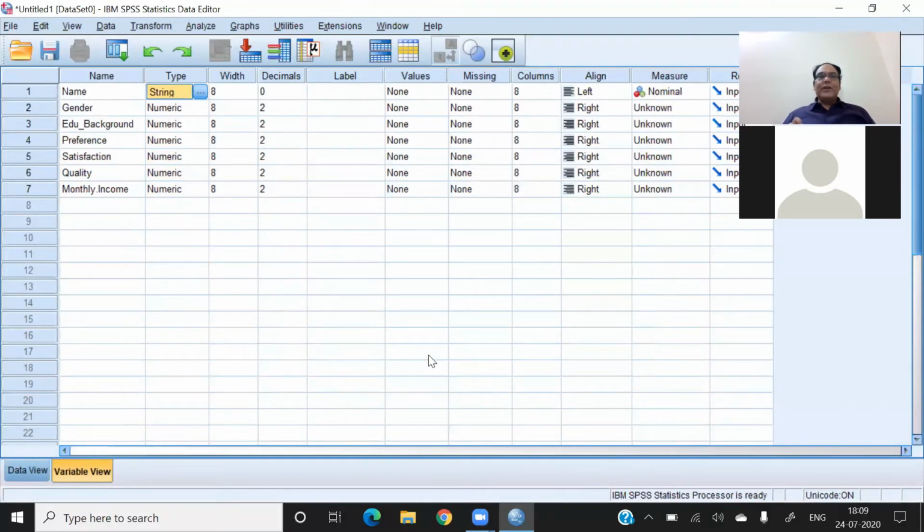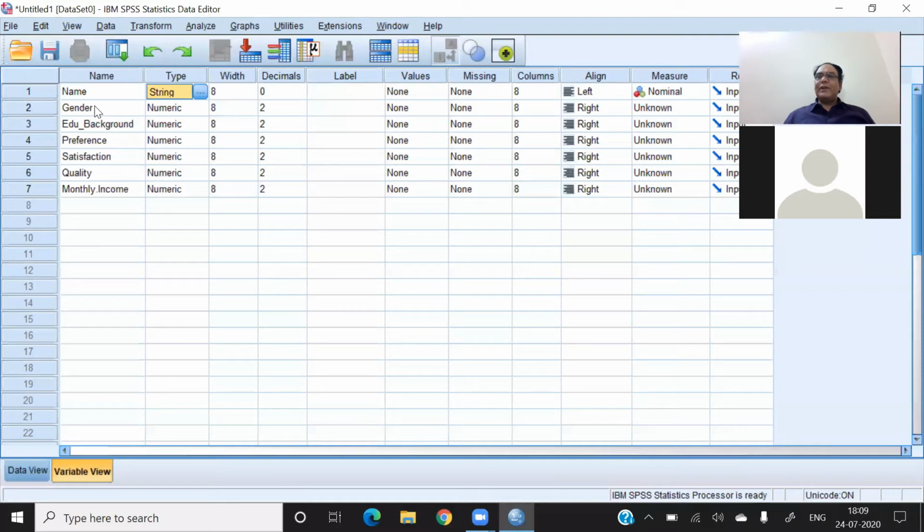So I repeat, when you have some name which can be represented by alphabet only, then you can use this string type. Otherwise, all should be in numeric. Like for example, in gender, you say that we have male and female. So you code male as 1, female as 2, no problem.